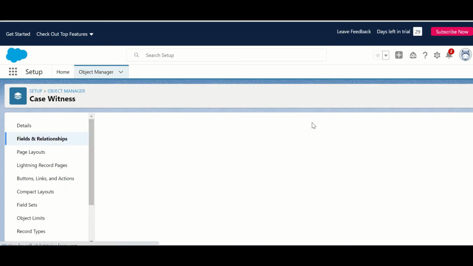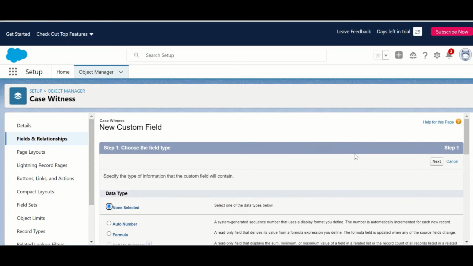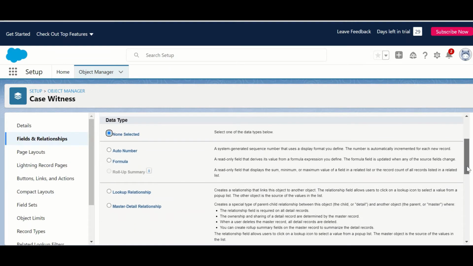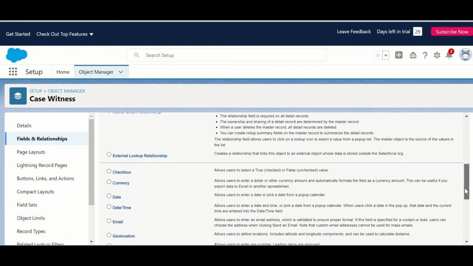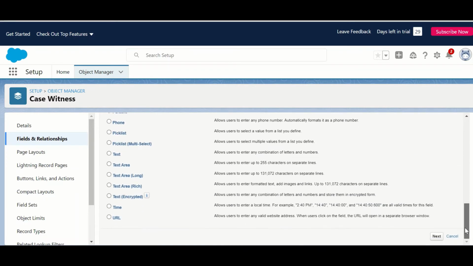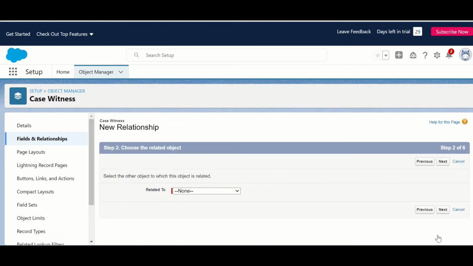So create one more. Select the type as master-detail relationship. So for a many-to-many relationship in any technology or in any database, one intersection object, whether it is a table or a custom object like this, one intersection object is mandatory that can have the reference of both parent and child.